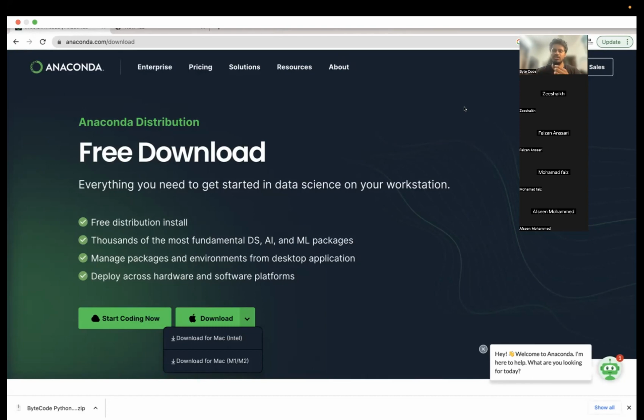You don't have to individually go and download each and every package. We will deal with a lot of packages. Like libraries? Yeah, all libraries, all packages, everything. It comes pre-installed with all the most fundamental things you require. It will automatically install Python for you and all those packages for you.